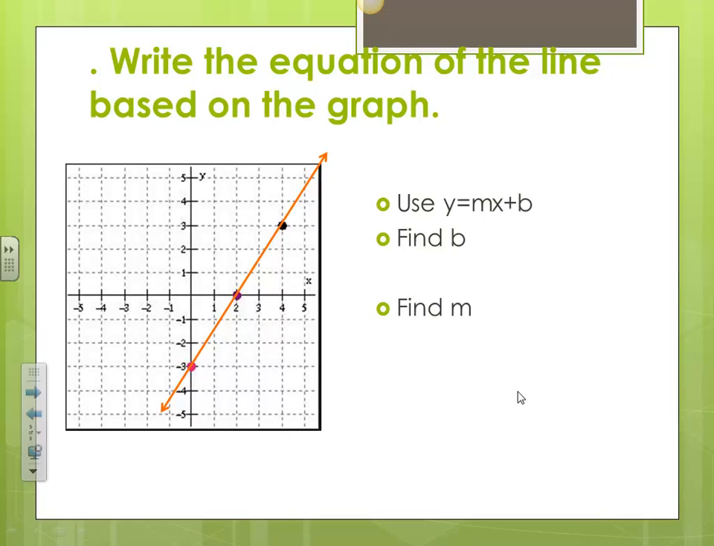Good. Okay. We can also write the equation of a line based on the graph. Using y equals mx plus b, the first thing I need to do is find b, or the y-intercept. When I look at this line, I see that my line crosses the y-axis at negative 3. So b is negative 3. Then I can count my slope. I'm going to go up 3 over 2. Up 3 over 2. So when I plug m and b into the equation, y equals 3 halves x minus